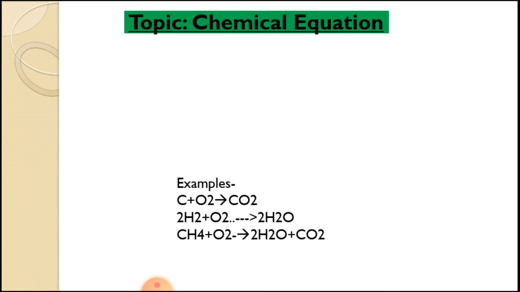Similarly, when natural gas containing 98% methane, CH4, is burned with oxygen, that oxygen may be free oxygen or oxygen of air, it will produce carbon dioxide and water vapor along with heat. The reaction is an example of a combustion reaction, and this is an example of a chemical equation. Methane and oxygen both are reactants, while water and carbon dioxide are products.